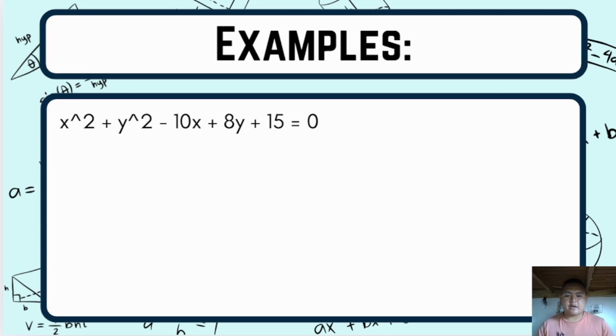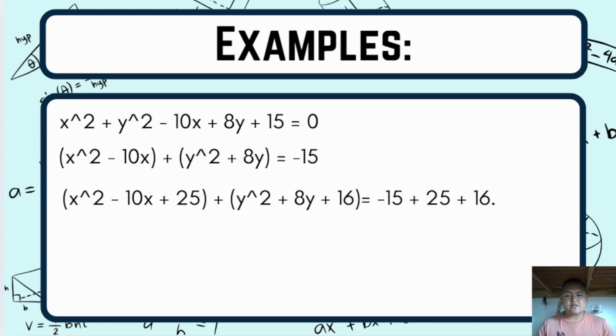The given is x squared plus y squared minus 10x plus 8y plus 15 equals 0. Also, we can recognize this as the general equation of a circle. To rewrite this in standard form, we need to complete the squares. For x, the x terms are x squared minus 10x. Take half of negative 10, square it, add and subtract 25 inside the equation. For the y terms, y squared plus 8y, take half of 8, square it, add and subtract 16 inside the equation.